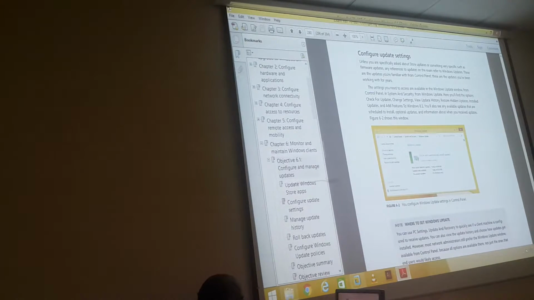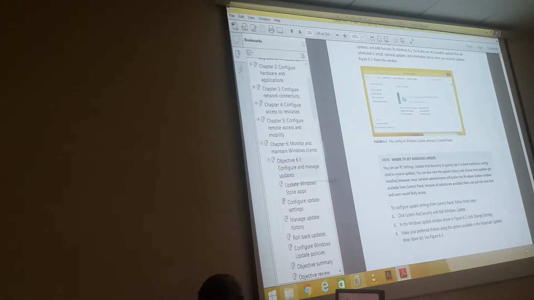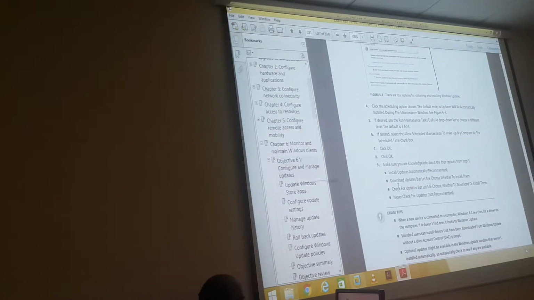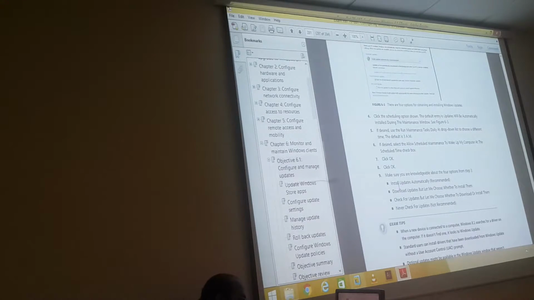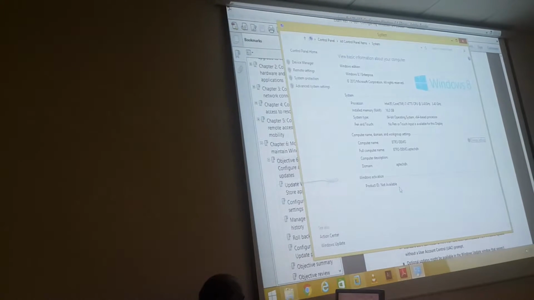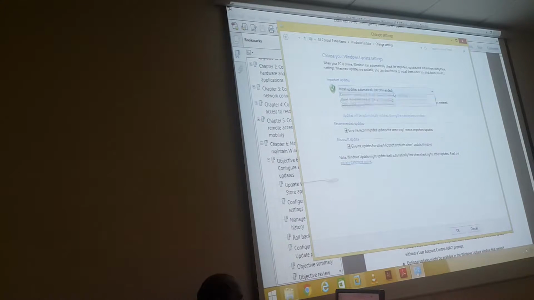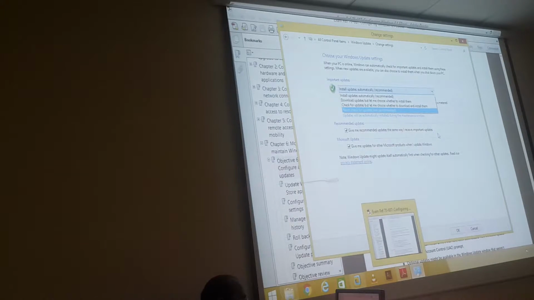And we know about this one, right? Update settings. How you want to do the update, whether you want to do the update or not. So from the system properties, we have the Windows update, change settings. So it's the same things. It's nothing new. Change settings. Windows supposed to be